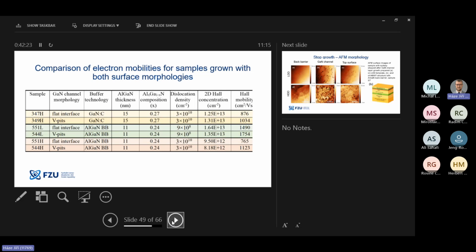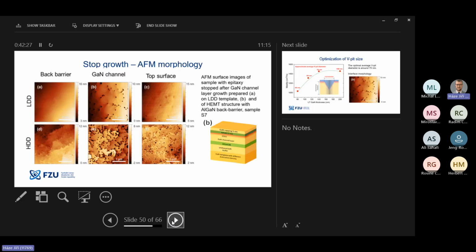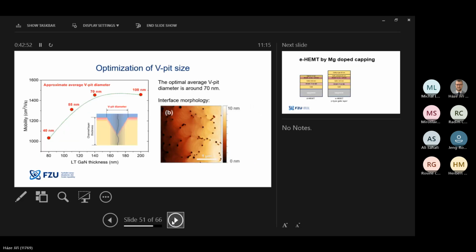So it's really probably the effect of V-pits. This is how the surface looks when we made a stop growth and looked at the surfaces. You can see that the dislocation density has also a big impact on the morphology of different interfaces. So lowering dislocation density is a really good way to